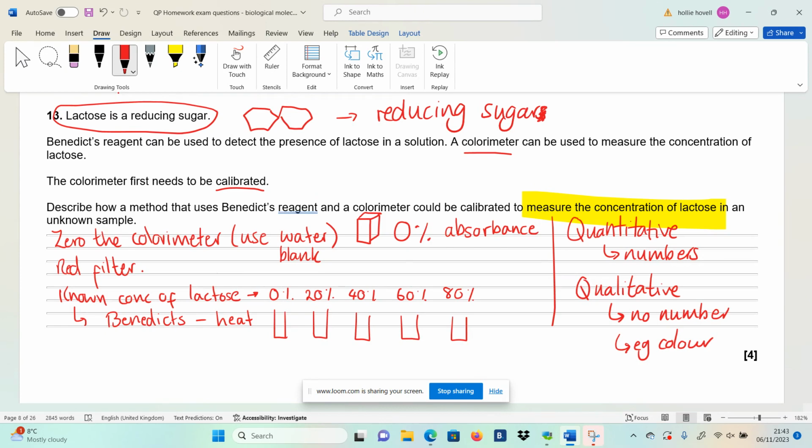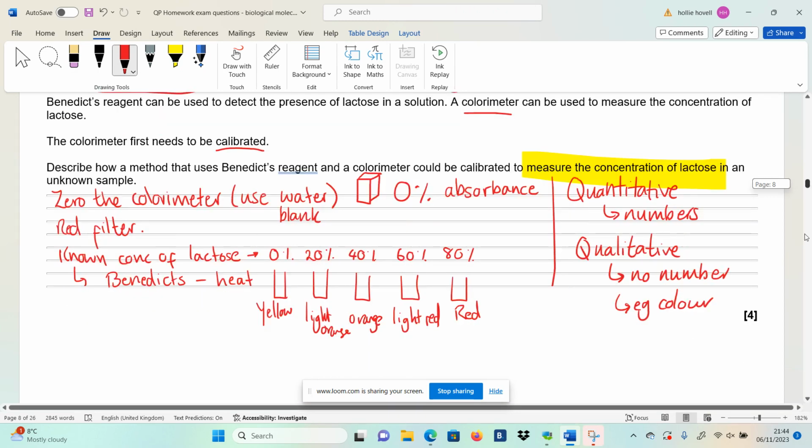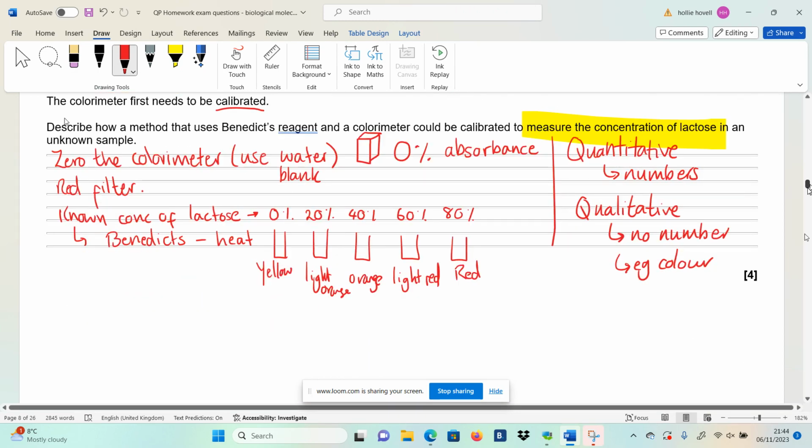Now, the one that's 80% lactose has got the most reducing sugar in it. So that's probably going to go your brick red. This one is probably going to be a lighter red, and this one might be orange, and this one might be a light orange, and this one might be yellow, for example. And it might be that they've all got quite a high concentration. They all just look red to the eye, but maybe the colorimeter can tell the difference between how dark the red is. So then what you do is you put those into the colorimeter and you test those on the colorimeter,